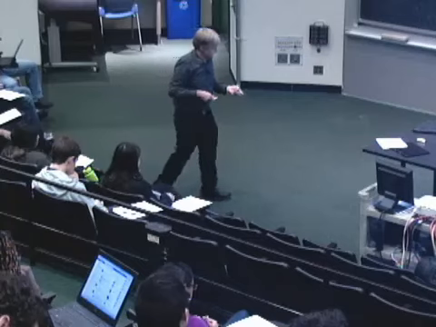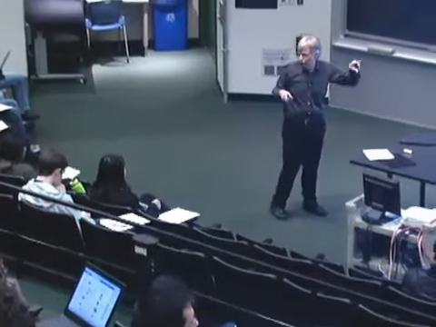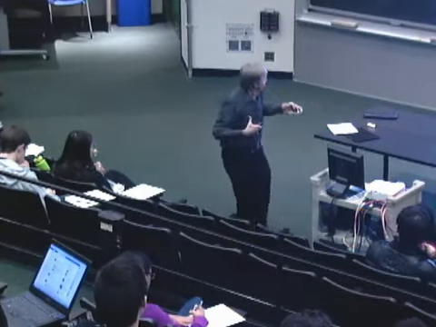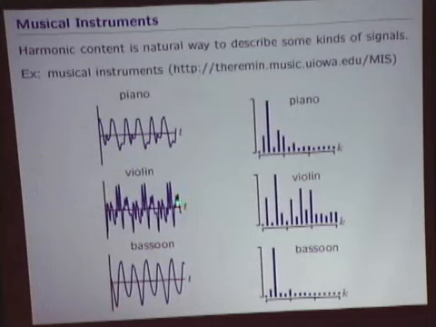And just like the time waveforms have a signature, there was a characteristic shape. In fact, if I go on, here's the characteristic shape. That's an actual waveform taken from the audio clip that I played. That's a clip from the piano. This is a clip of the same time duration from the violin, a clip of the same time duration from the bassoon. And here are the harmonic structures